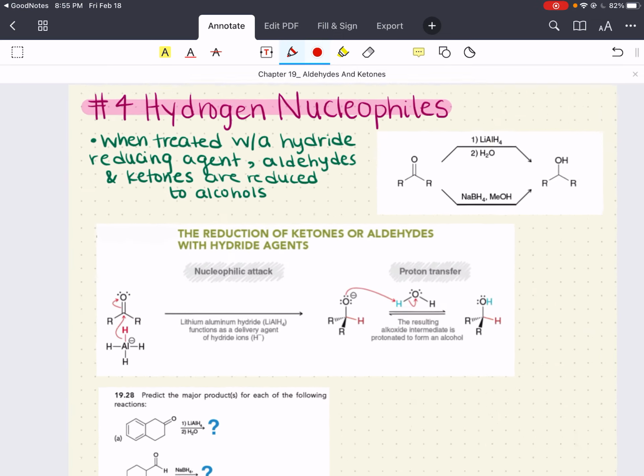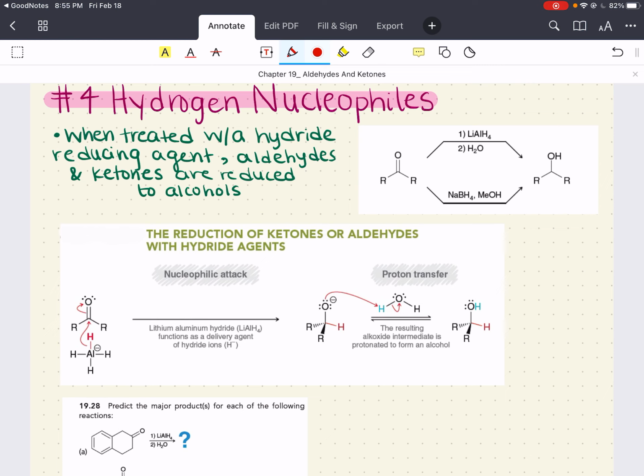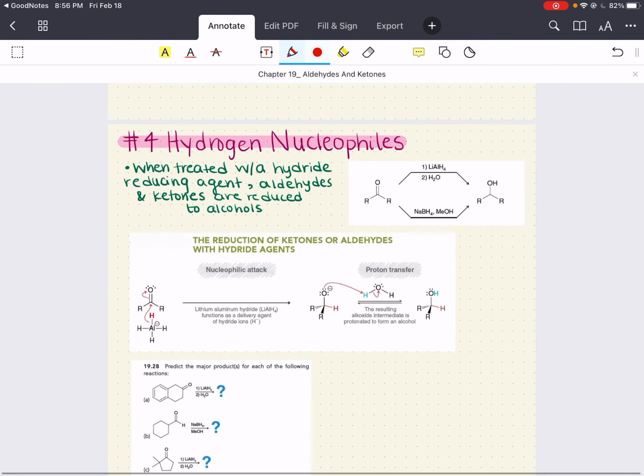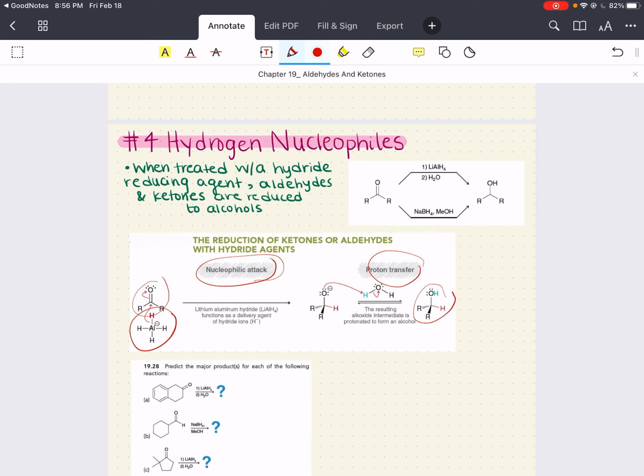When a ketone or aldehyde is treated with a hydride reducing agent like lithium aluminum hydride or sodium borohydride, aldehydes and ketones can be reduced to alcohols. The mechanism of action for these reagents is a little bit complicated. We're really just going to worry about the simplified version of the mechanism as opposed to the full blown out mechanism, again, because it's complicated. So really it's just two main general steps that we're going to summarize it to. You have your ketone or aldehyde, you have your hydride reducing agent like lithium aluminum hydride. You have a nucleophilic attack and then a final proton transfer, and boom,